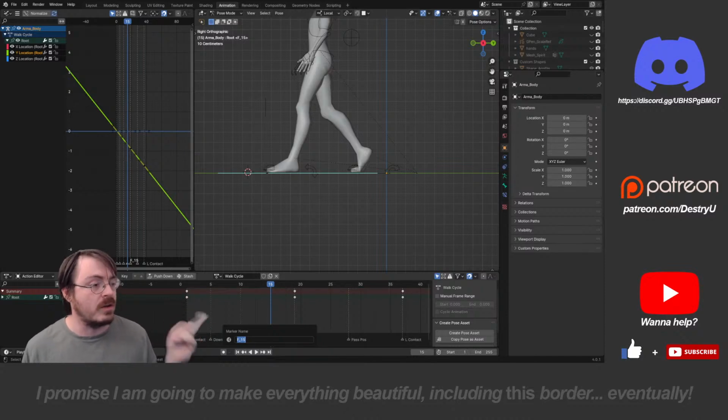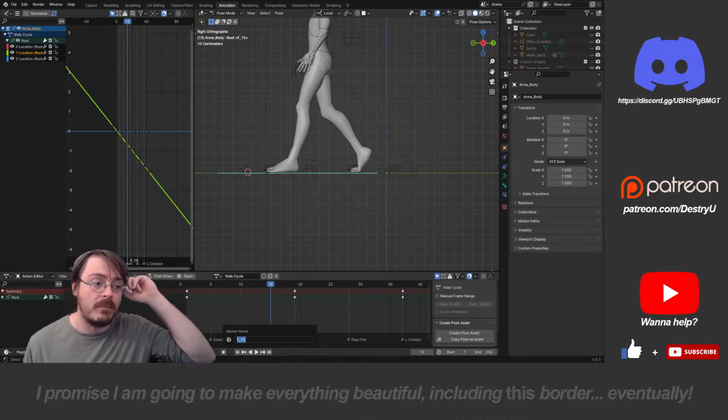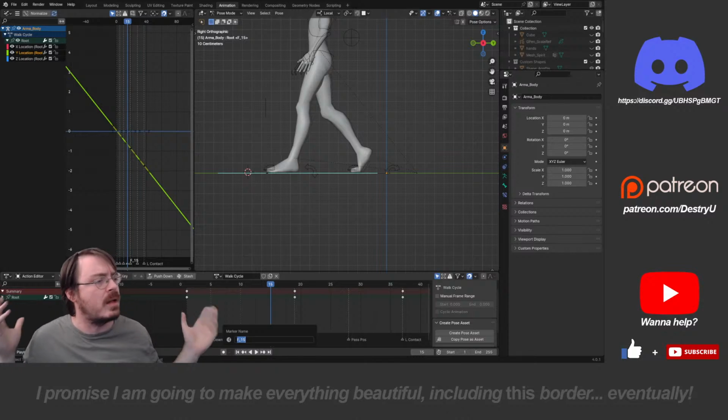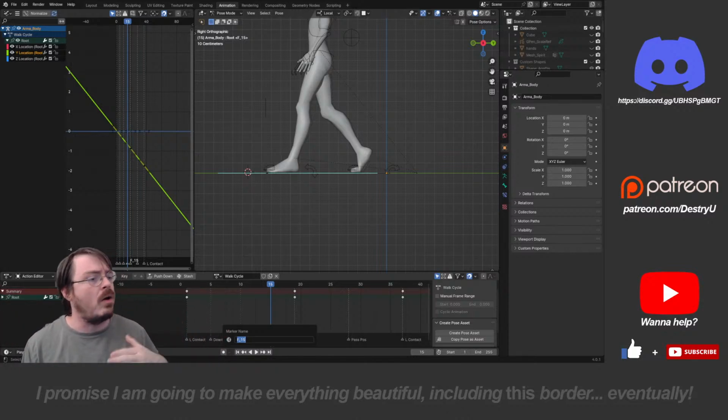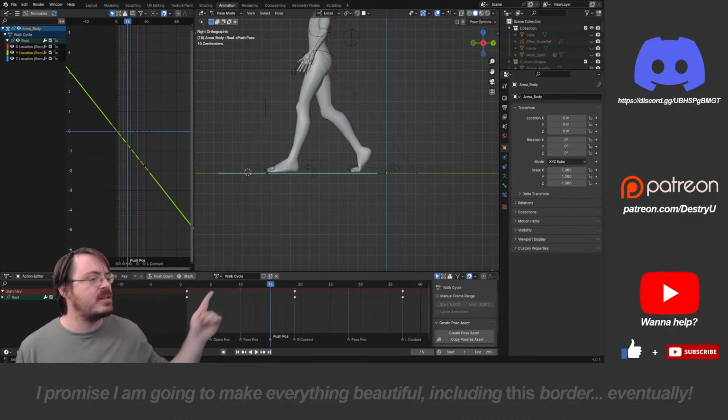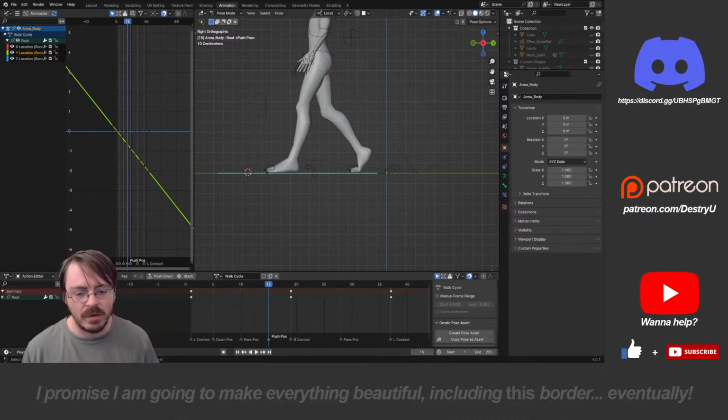I might change this. One of the nice things about animating in 3D is that once I put these frames in, if I don't like them, I can move them around until I'm blue in the face. I could animate all of this frame after frame and then redo all of my timing afterwards. It's not a luxury you have in 2D animation, but we can do it here if we want to. And then I'm going to call this up. Or, I'm going to call it push instead. Push position. And I'm just going to do that same setup for the other leg,